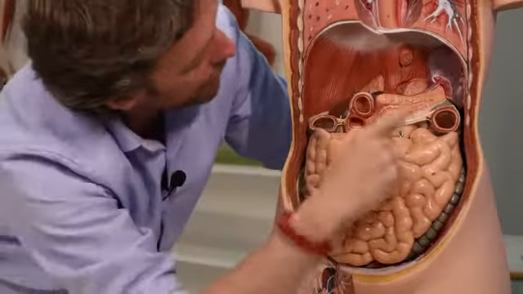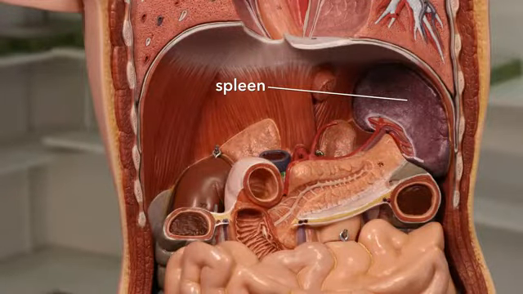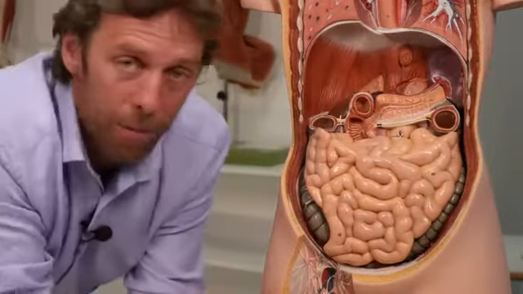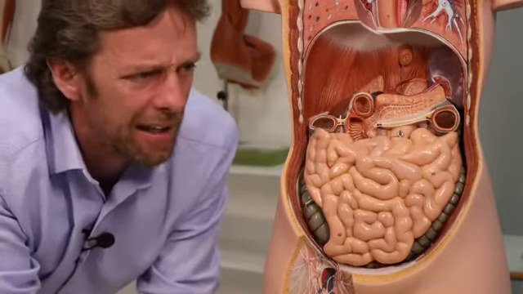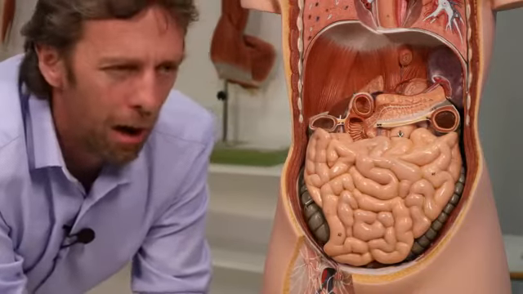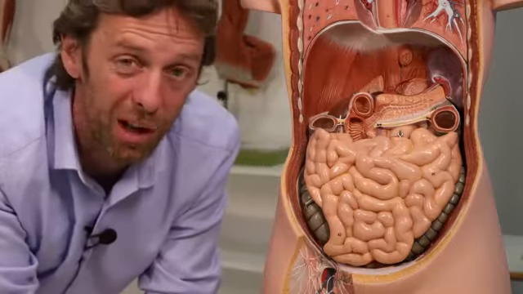Pancreas, duodenum. So out here, laterally, that's the spleen. The spleen is at the tail of the pancreas, so it's on the lateral left side of the body. You've got one pancreas, you've got one spleen. So the spleen is a component of the immune system. It's a store of red blood cells, it's a store of platelets, so it can help with clotting